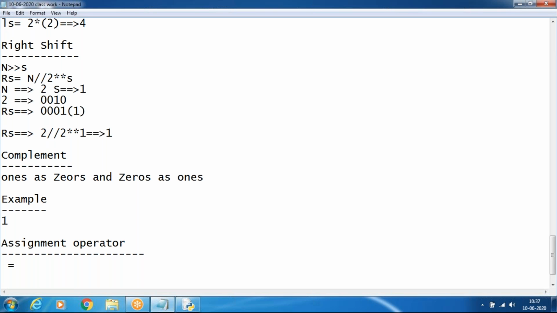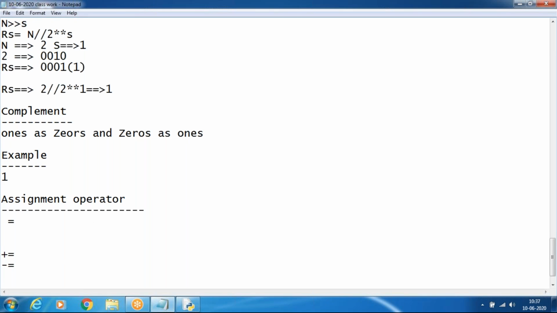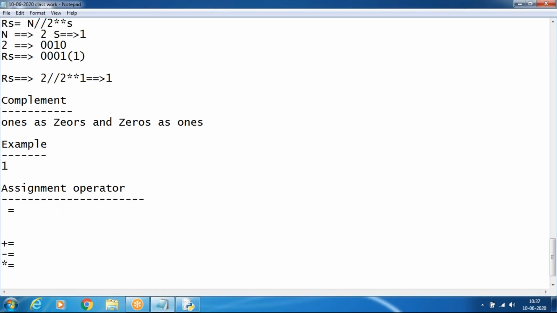In C, Python also, some shorthand operators like that are available: plus equals, minus equals, star equals, and so on. These are shorthand operations, like A equals A plus B. So like you will use A plus equals B. Both the left-hand and right-hand first value are the same, so you write it like this.